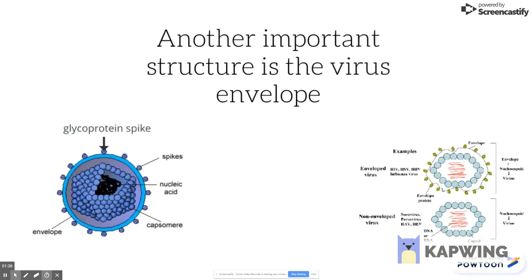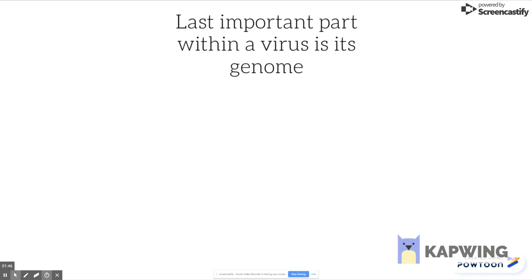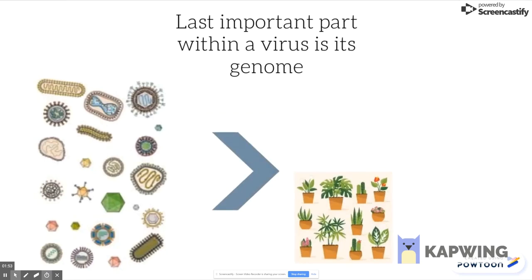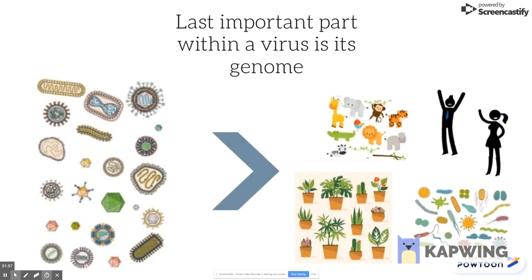This membrane is composed of an outer lipid bilayer known as the viral envelope, and the membrane is studded with proteins. It also has lipids and carbs which are taken from the host for nutrients and for its membrane. The last main structure is the virus genome. This genome is the DNA or RNA. There are millions of types of viruses, more than any other group like plants, animals, and bacteria, and only about 5,000 have been listed in any sort of detail.